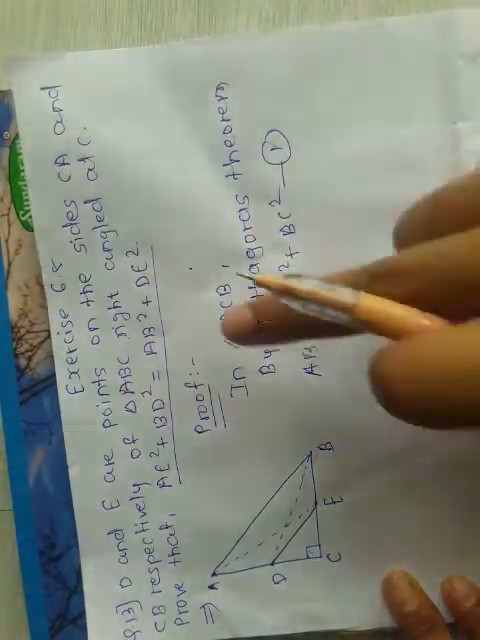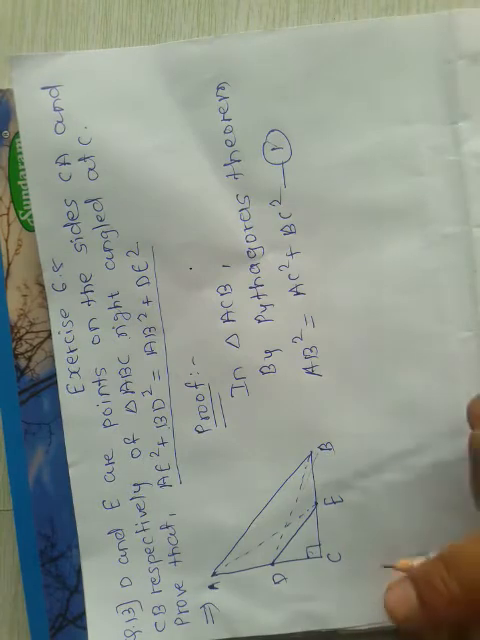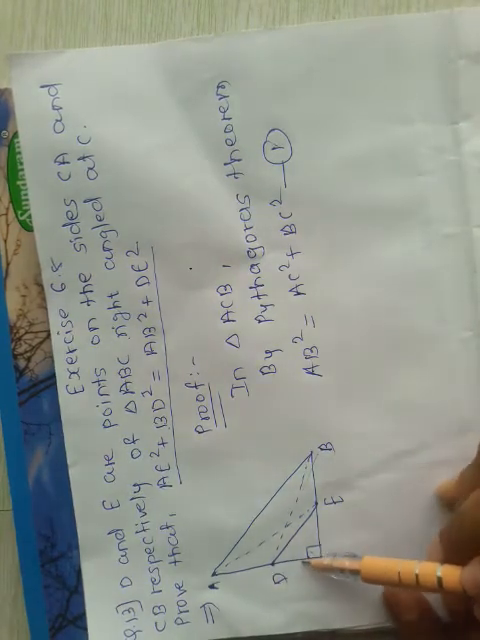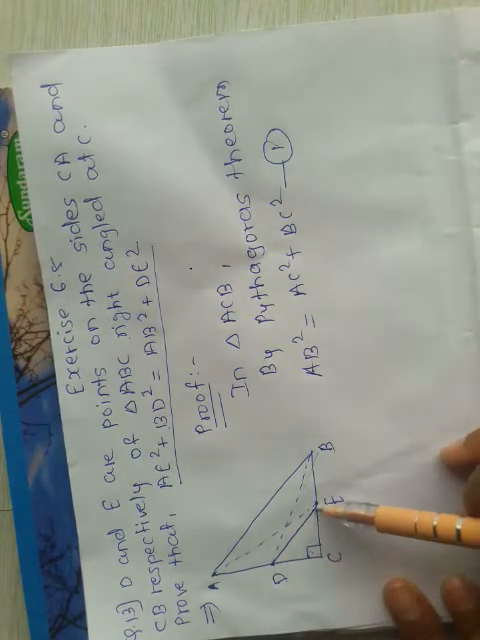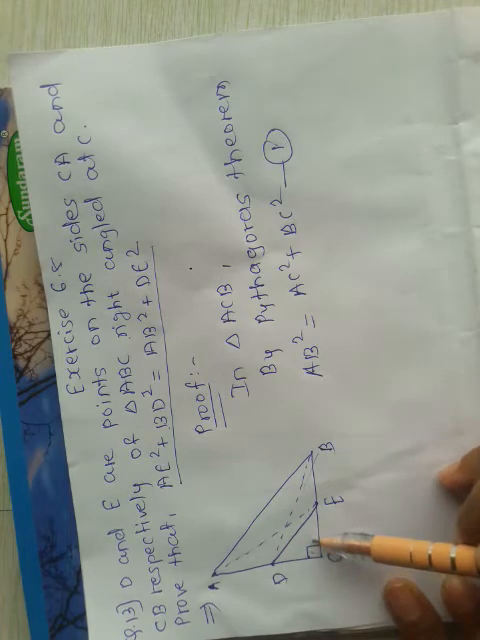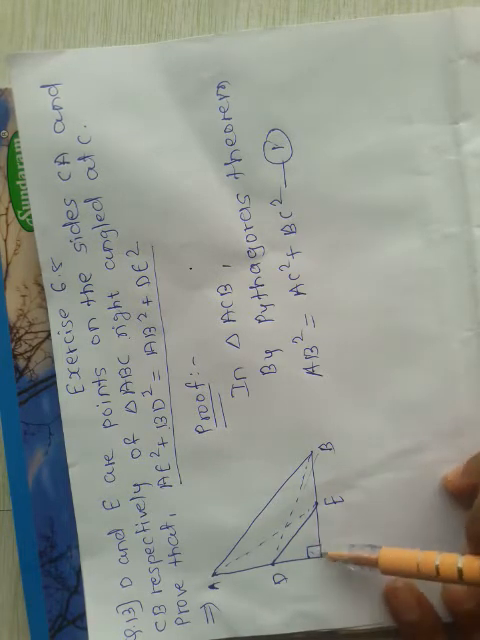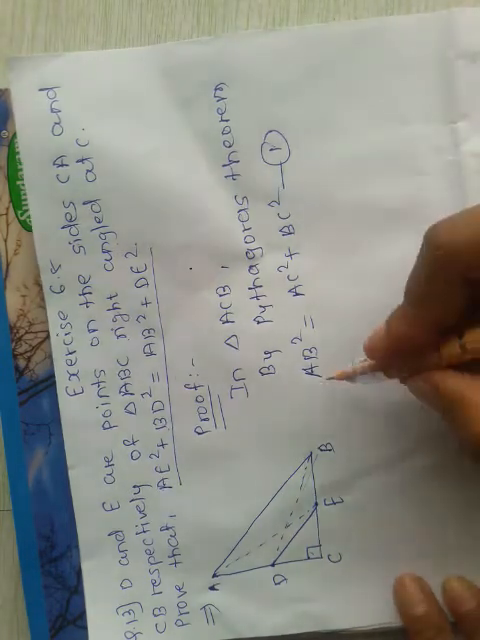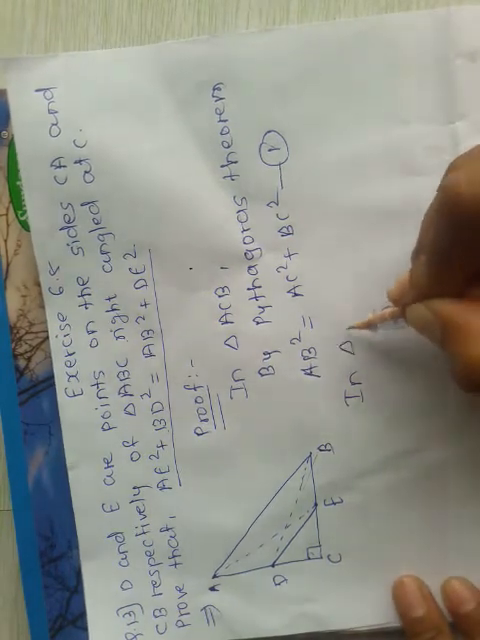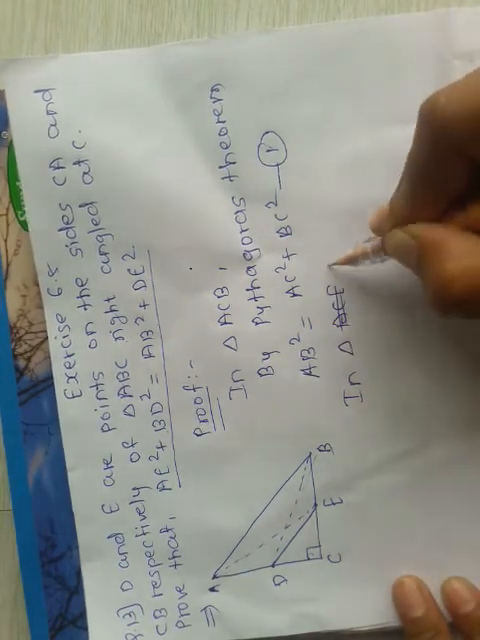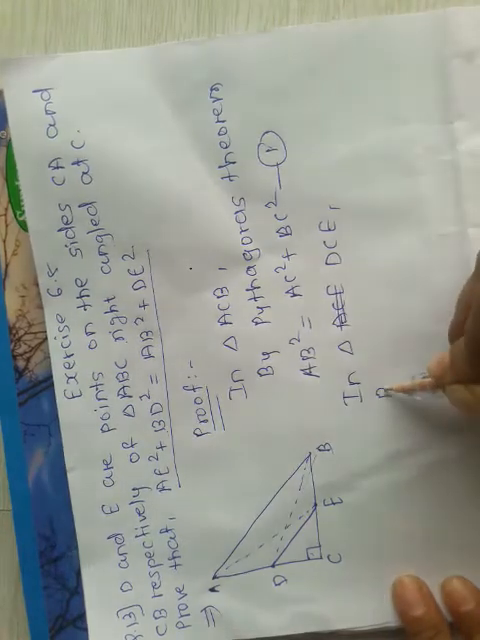Similarly, find out DE square. For DE square, which triangle do we have to choose? This one, because from this triangle we get DE square. If we use Pythagoras in this triangle DCE, then we get DE square. So again, in triangle DCE, by Pythagoras theorem,